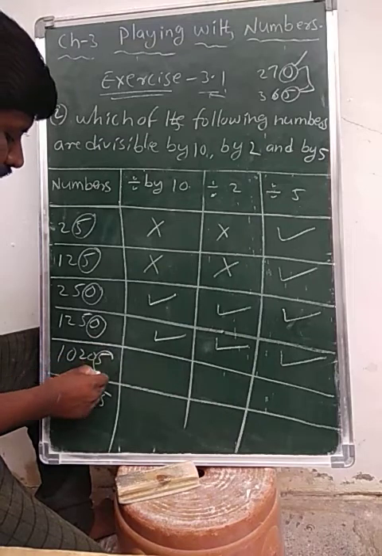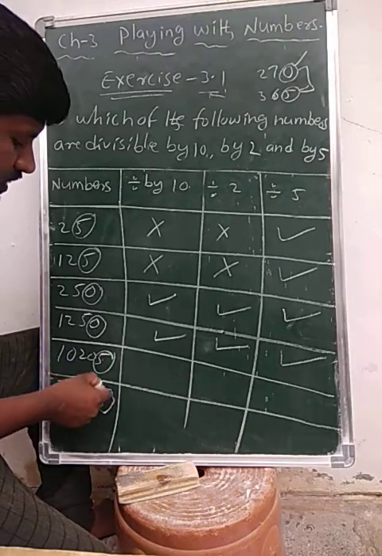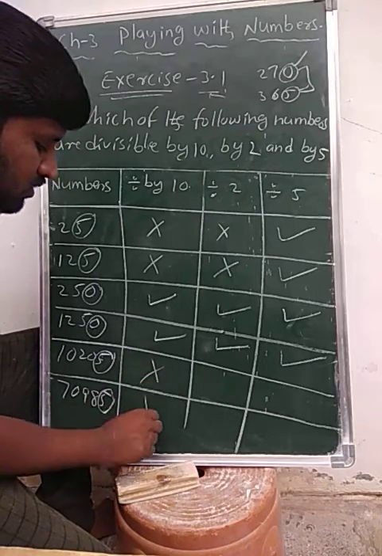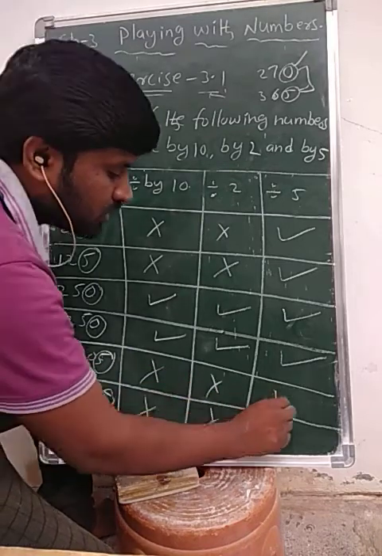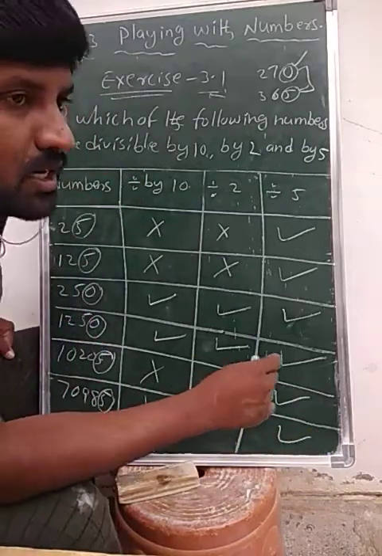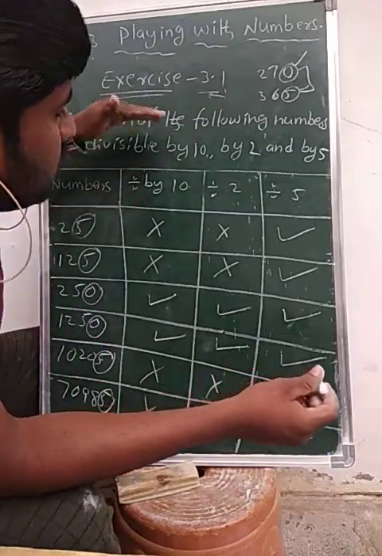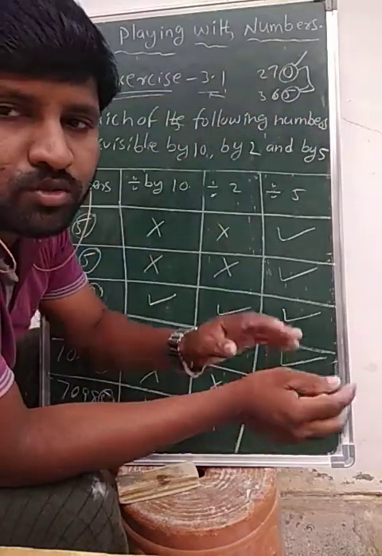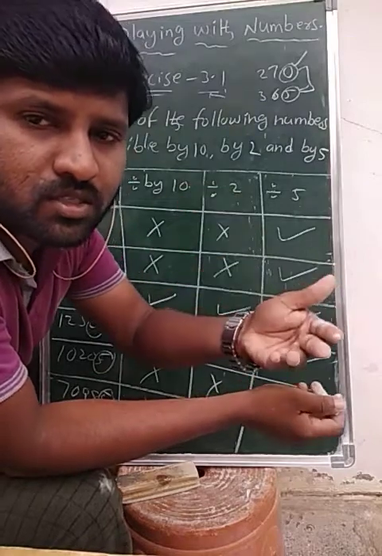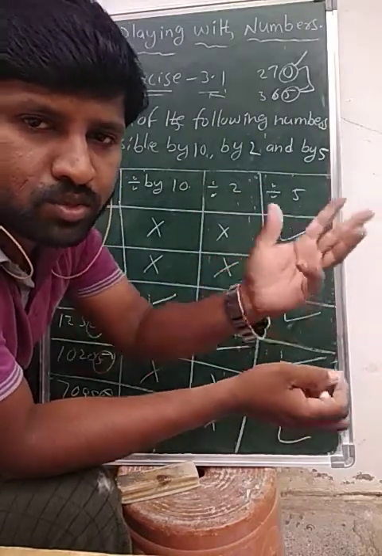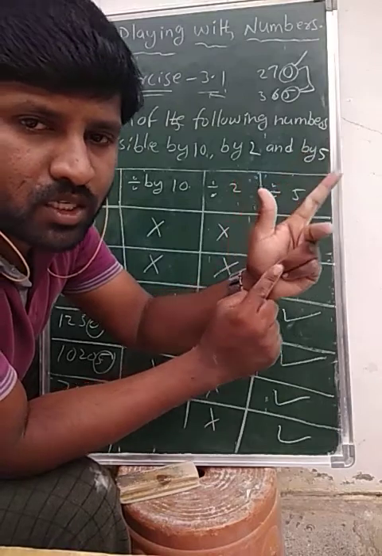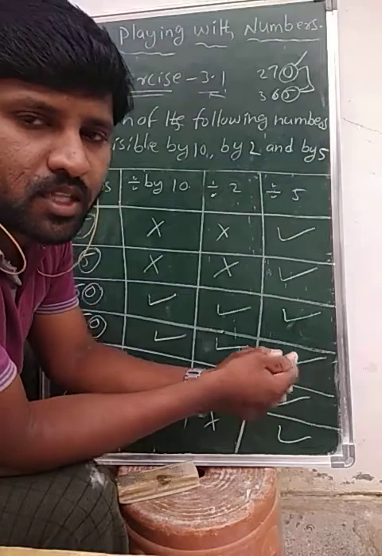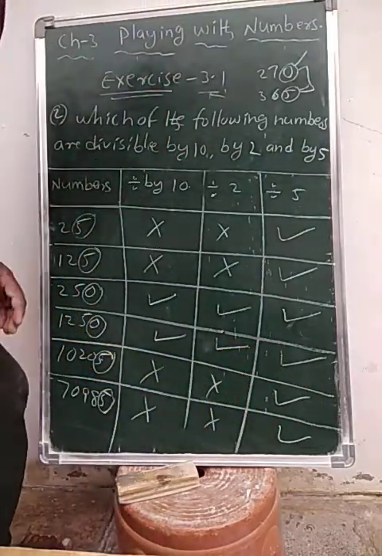Next, for these two numbers the ones place digit is 5 only, that's why they are not divisible by 10, but they are divisible by 5. So like this we can check divisibility by 10 and divisibility rule 5, as well as 2 also. You take different numbers and apply the rules: divisibility rules 3, 2, 6, 5, 10. Okay students? Thank you.